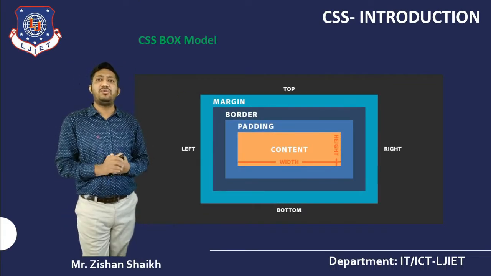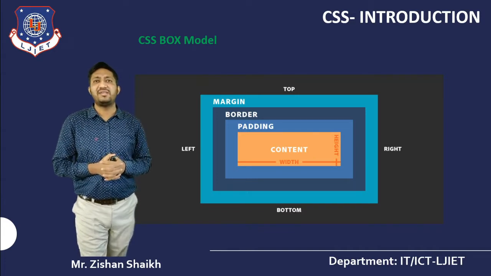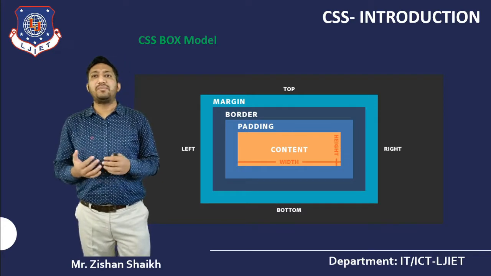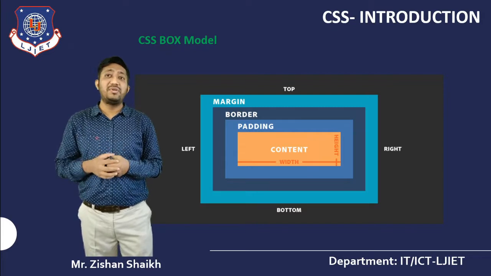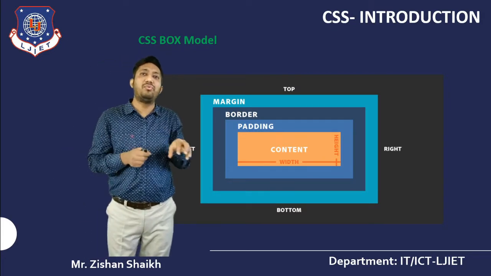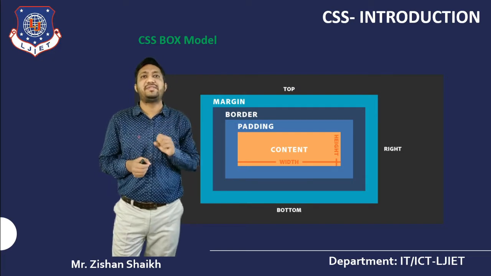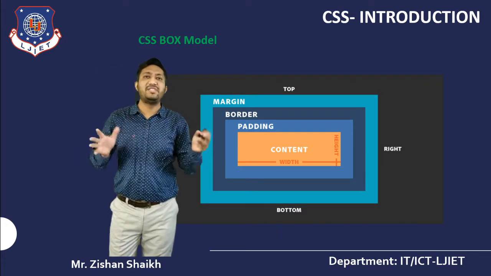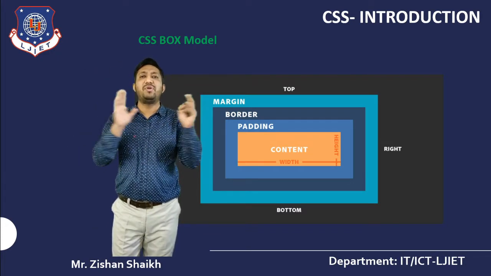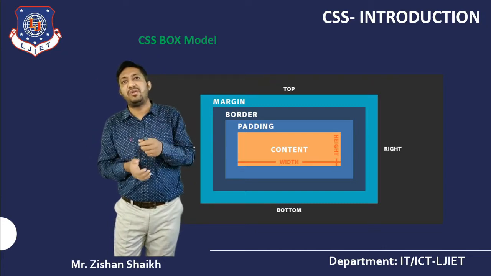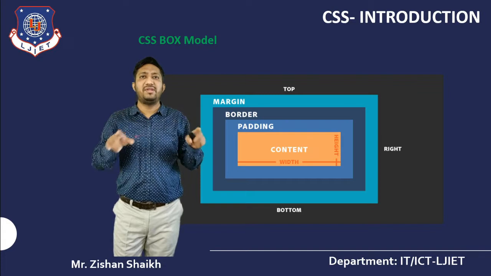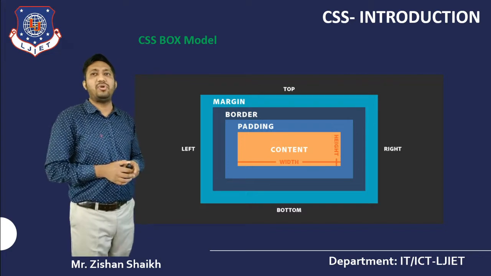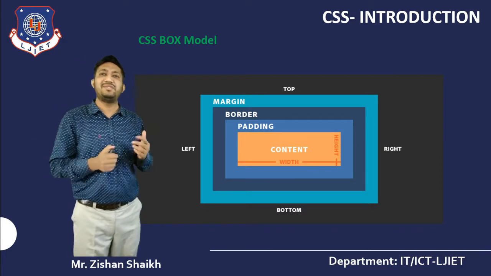The last topic you have to understand about CSS, very important, is the CSS box model. Whenever you are learning the designing portion using Bootstrap or CSS, you must remember where you should put your code and what the context of that particular design is. For that you must remember the CSS box model. Whatever you are displaying on your screen will be considered as one box. In that you are writing something, displaying something, and all of it is considered within one boundary. Understanding this type of box model will help you improve your design skills.